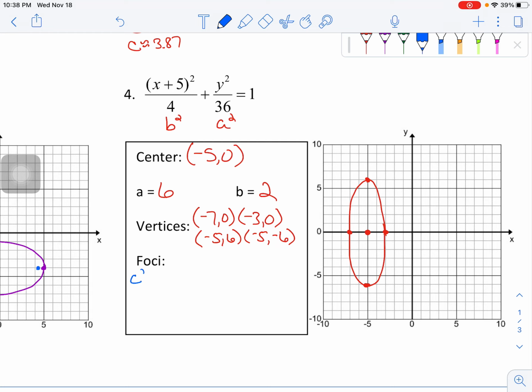Let's go ahead and find the 2 foci. So c squared is going to equal 36 minus 4. That's the a squared minus b squared. So c squared is going to equal 32, which means c is equal to the square root of 32. Let's go ahead and reduce that. I believe it's 4 root 2. Yeah, it's 16 times 2. Yep. So 4 root 2, not terribly helpful when I'm trying to actually graph it. So the square root of 32 is